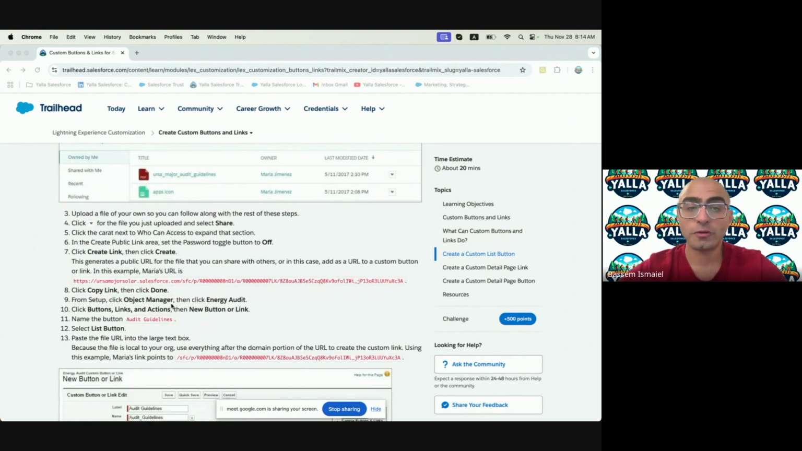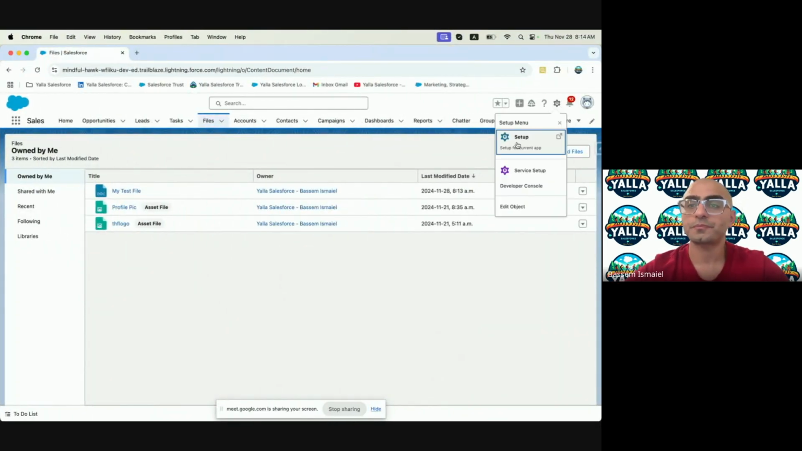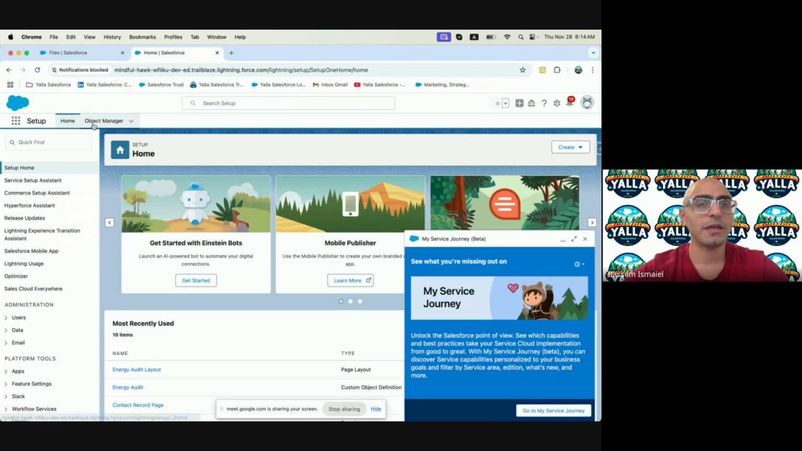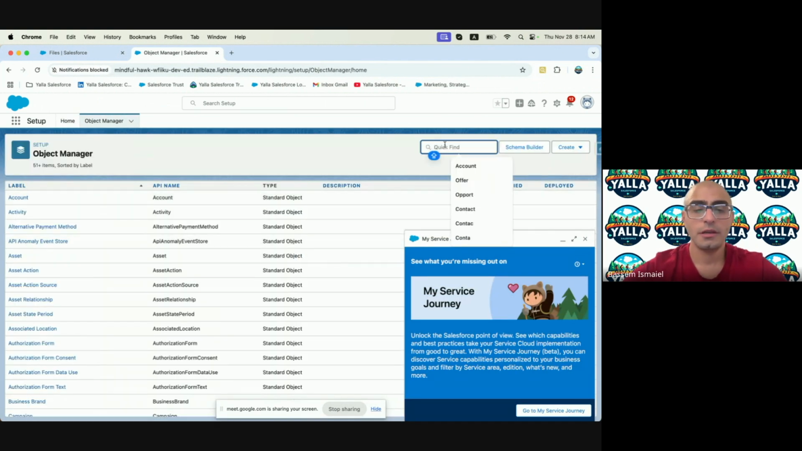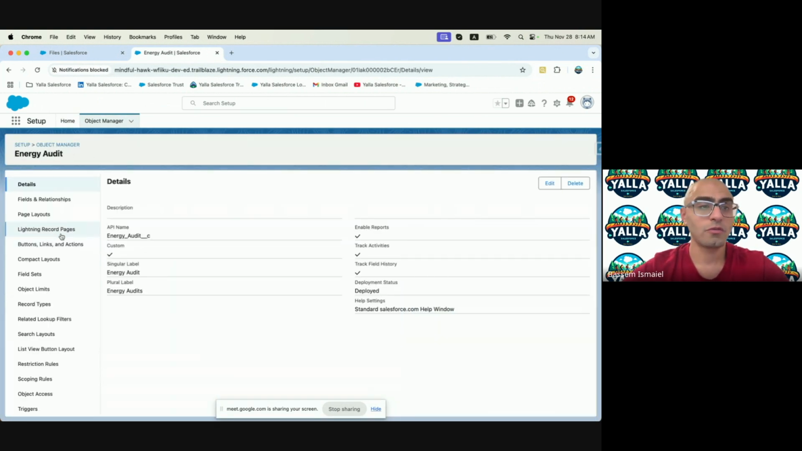Now go to the object manager and click energy audit. So this button will be related to the energy audit object. I will be accessing it from any parent object like account, but the button itself will be created at the related object. So setup, object manager,